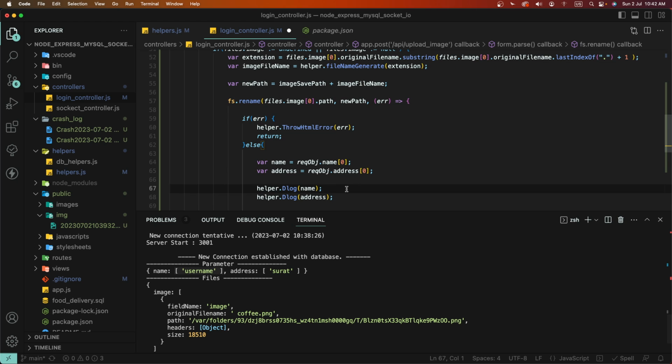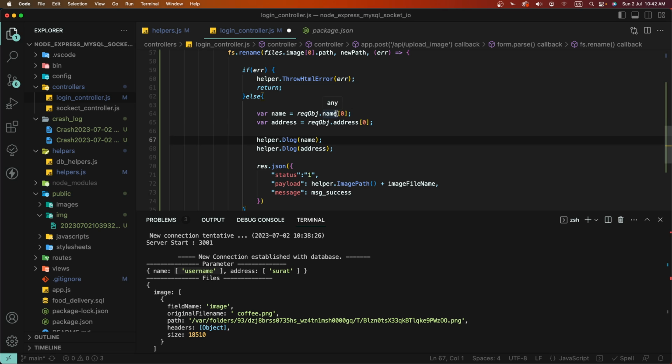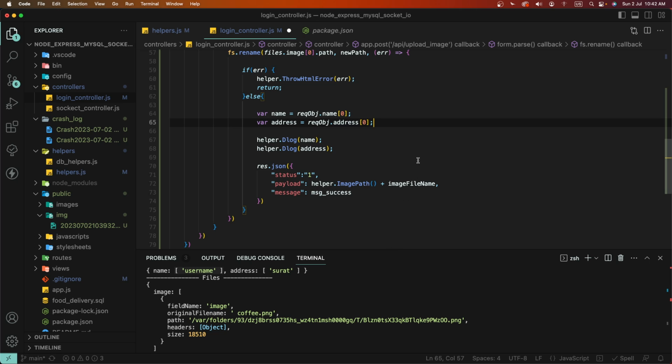That's why I need to use the first index here. The user can pass multiple parameters with the same name inside the form data. Save this,